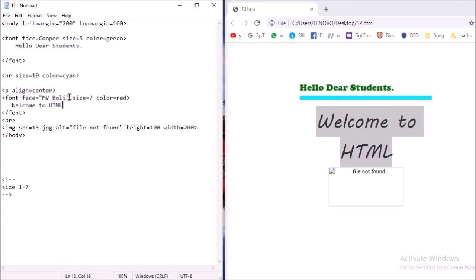Now here double quotes are necessary because when the value is joint words, compound words, then without double quotes this value will not work. When there is a joint or compound word as value for an attribute, double quotes will be mandatory.